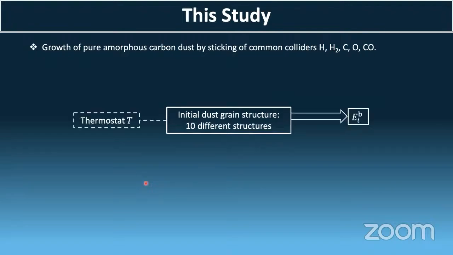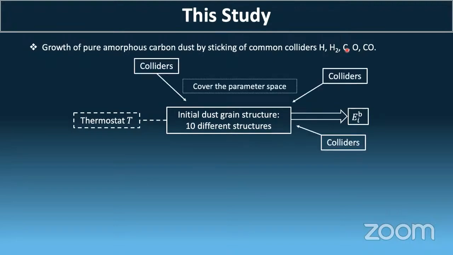What we want here is to thermalize the structure at the temperature of the dust, so we use a thermostat for that. From this thermalized structure, we can actually compute the binding energy. In the case of amorphous carbon, we can get the carbon binding energy by just taking the total energy of the structure divided by the number of carbon atoms. We can also do the same for C and O, and also CO and H2, just by adding those atoms and looking at the value that is computed. So from this stage, we already have this binding energy that is useful for the thermal desorption.